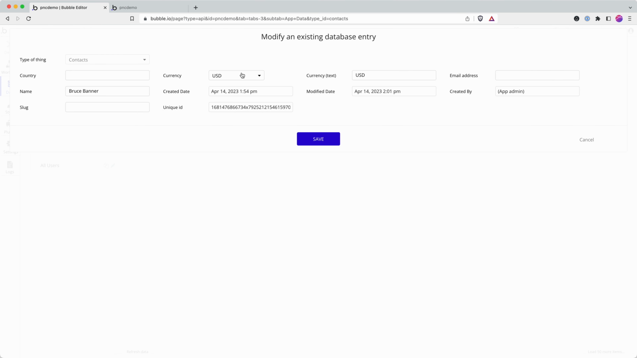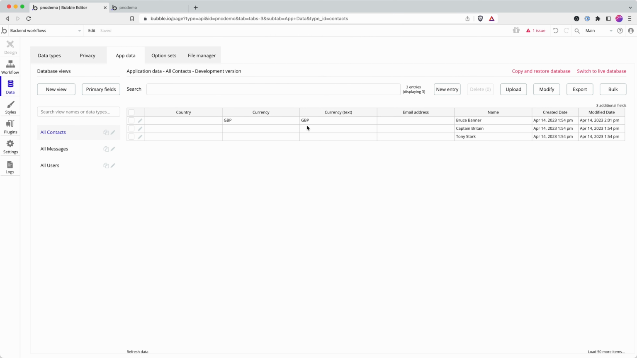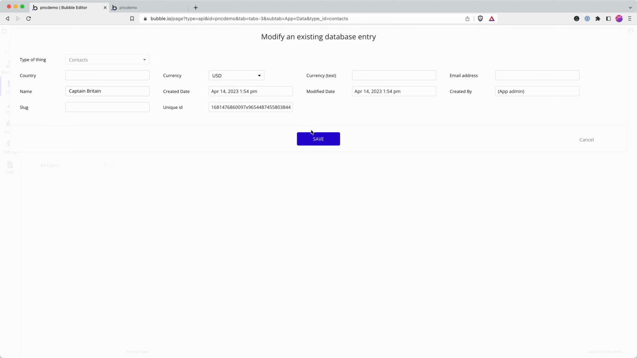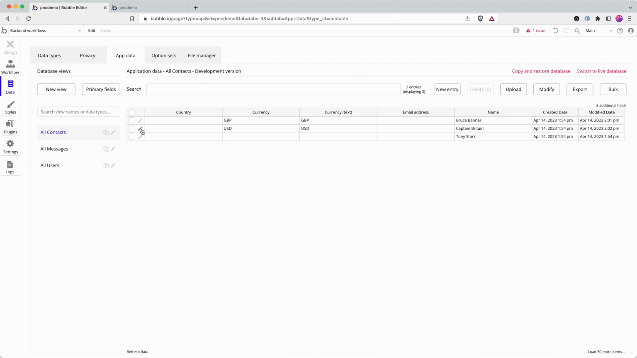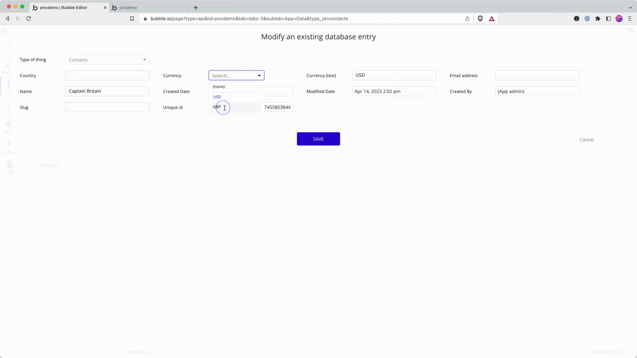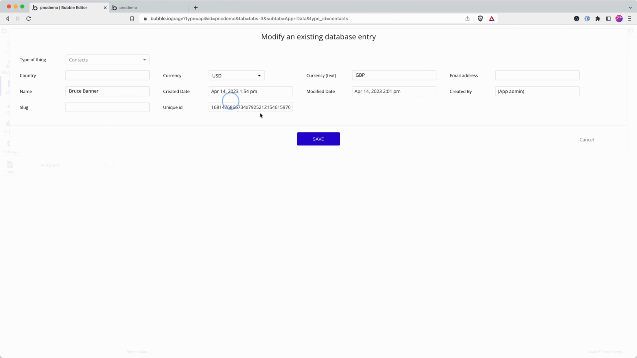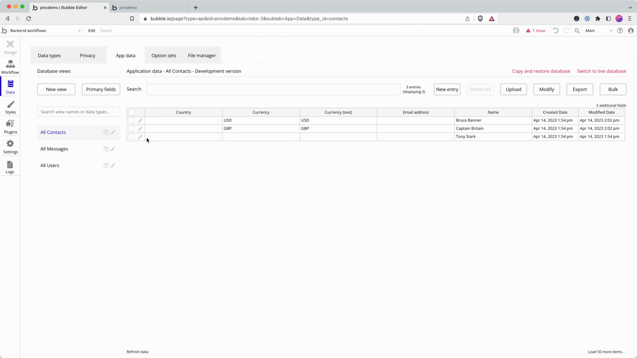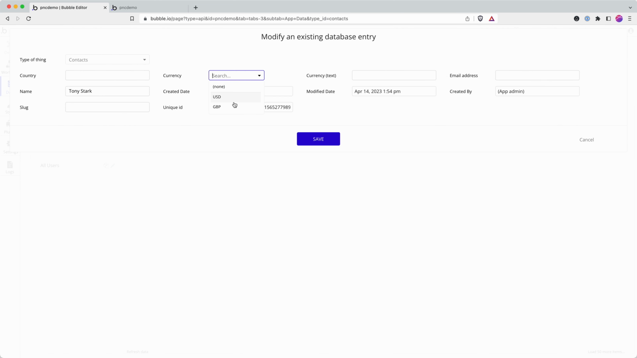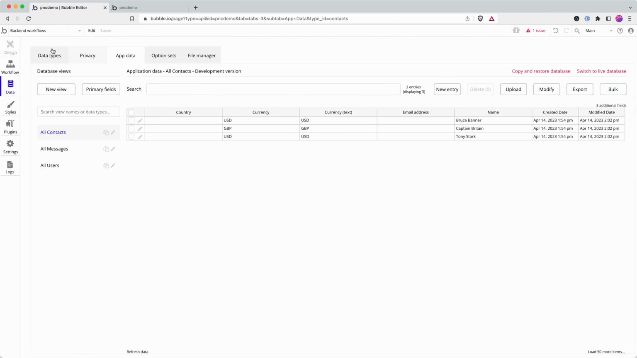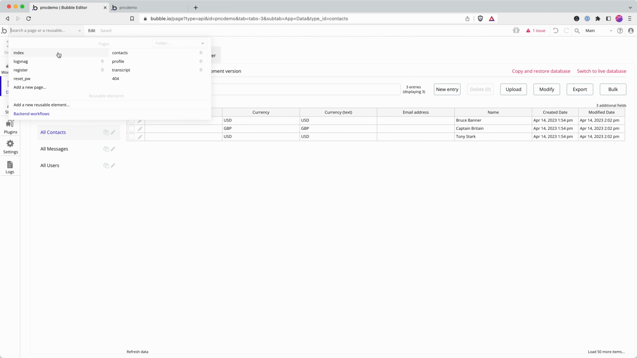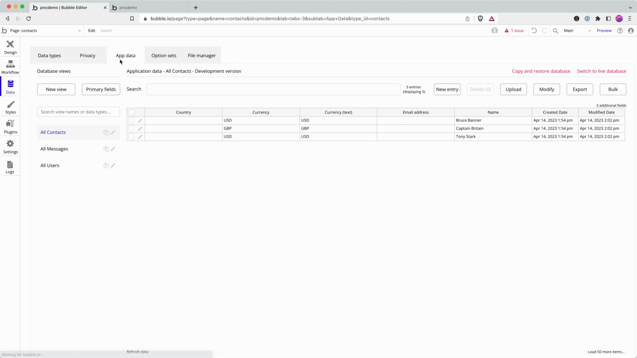But if I say Bruce Banner is actually British pounds, you can see it updates it. So if I set each of these up, oh, that made no sense. I deliberately put Captain Britain in there to put pounds in. Let's change Bruce Banner back to USD. And Tony Stark to USD. Okay, and then if I go back to my page, contacts, I think,